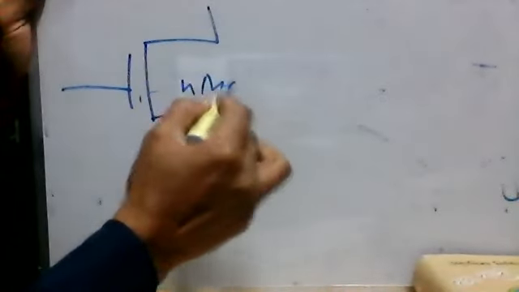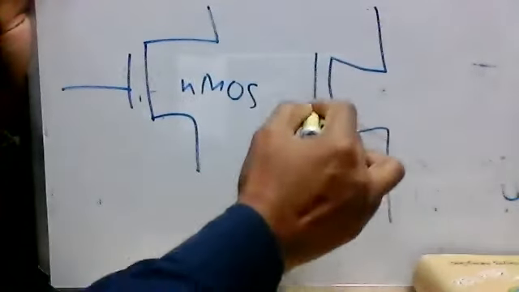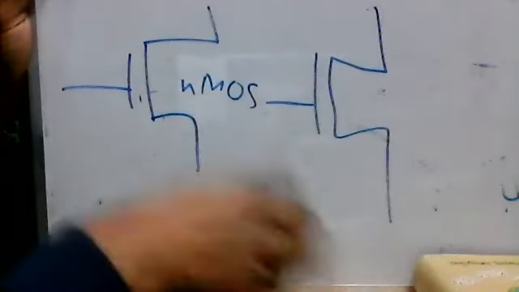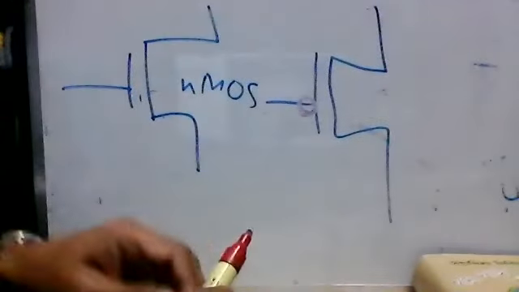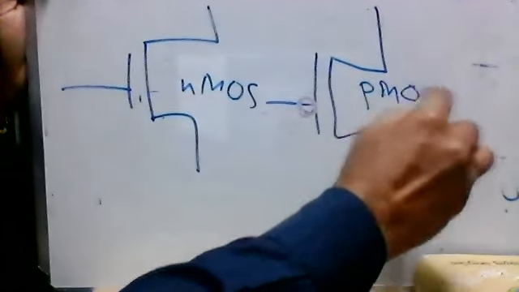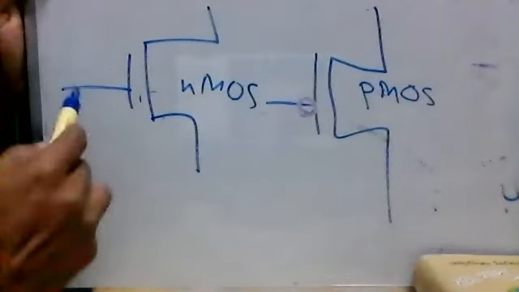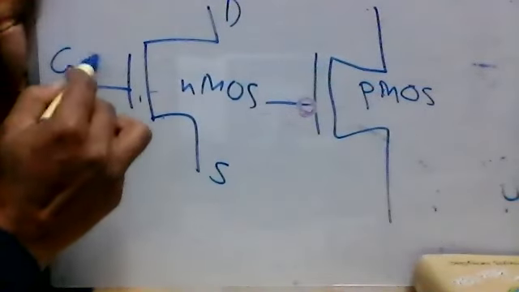ওকে, তাহলে আমরা ফাইনালি কি বুঝলাম এখান থেকে, যে এটা হলো এনমস এর সিম্বল, বুঝছো? আর পিমস এর সিম্বল এক্স্যাক্টলি সেম, শুধু একটা সার্কেল আছে এখানে, একটা রাউন্ড শেপ আছে, এটা হলো পিমস, আর এটা হলো এনমস। তাহলে এইটাকে আমরা কি দেখলাম, এটা গেট, এটা ড্রেন, এটা সোর্স। আমরা গেটে যদি পজিটিভ ভোল্টেজ দেই,